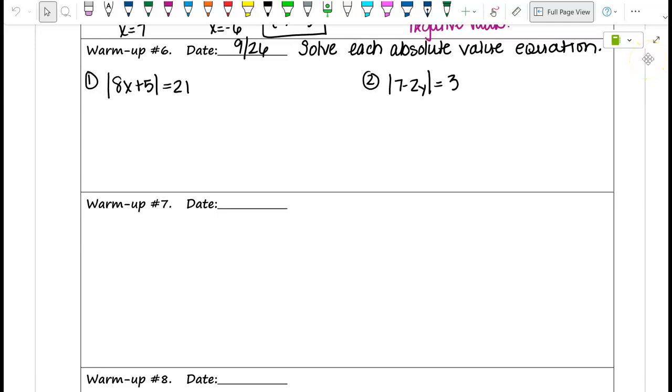Okay, again, our warm-up is asking us to solve absolute value equations. And again, the more I get through grading of the quiz, I'm hoping we have now corrected some of these errors, but the two biggest things that I am seeing on the quiz as far as errors are, the first one is that we're not setting up two equations, which anytime we're solving absolute value, it has to be two equations. The second big mistake that I've started seeing is